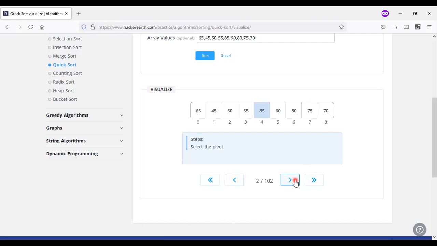So first select the pivot element, the first one. Choose this one as a 4. Okay, the fourth position, 85, is the pivot element. Once it has been chosen, we need to swap it with the last element. See here, 70 is there. We need to swap this value with this value. It has been placed, so we consider it as the end of that array. Now start the partitioning of that array.